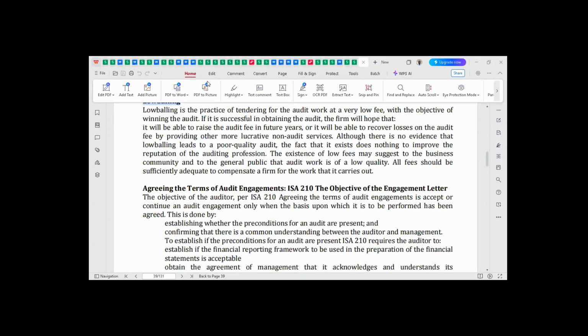Thank you for your observation and from the angle at which you are looking at this issue. Now, everybody knows that audit firms, when we started this topic, we said audit firms are not NGOs. Neither are they charitable organizations. Neither are they Father Christmas. For them to be in business, they have to make profit. That's number one. Number two is whether any of the management is aware of this lowballing activity or not,